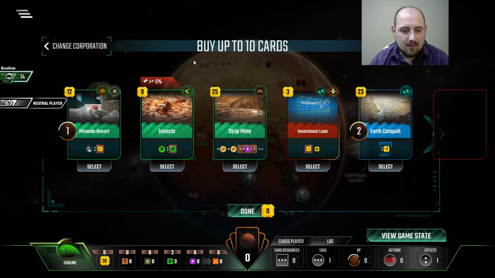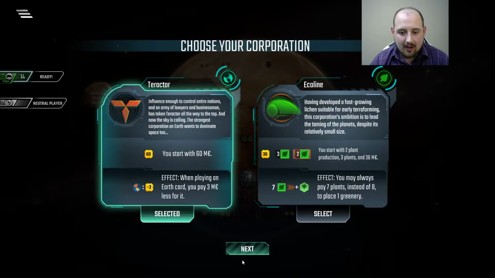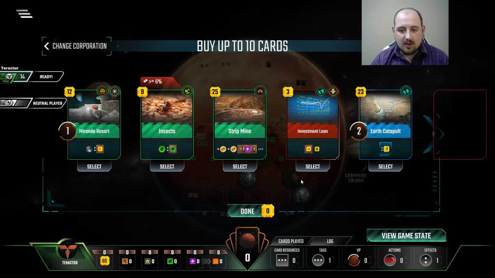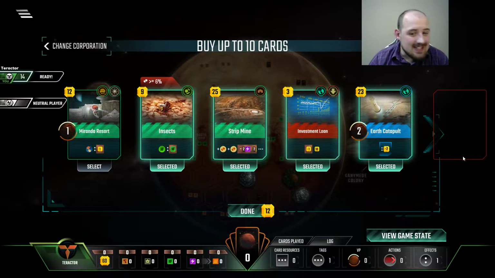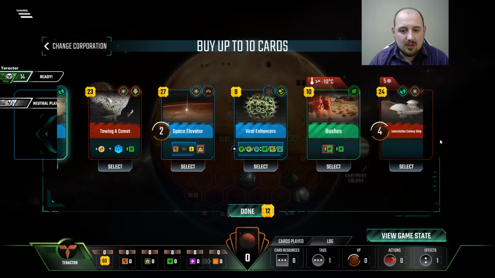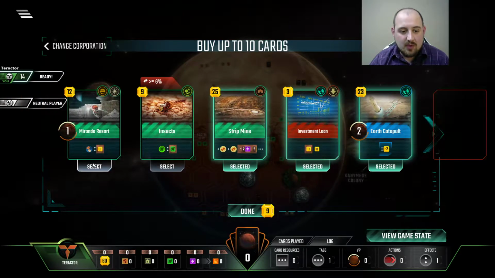I think that the obvious ways to start are actually with Terractor. Because with Terractor, you can get the Earth Catapult down cheaper and start just throwing things down. Insects is cute. You can get a lot out of insects. And bushes is powerful. But the best way to ruin...